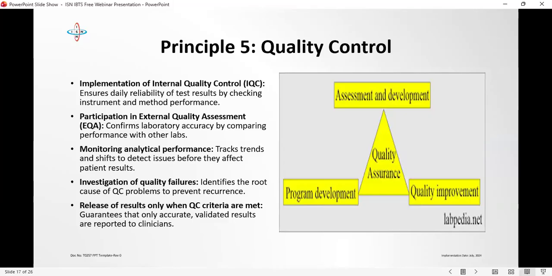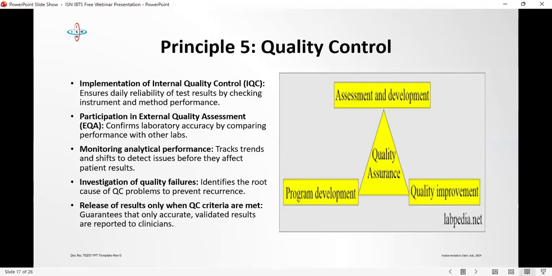Investigation of failures must be done, and you need to get to the root cause. Ask the question, why did this thing fail? Did I load a new reagent? Why is this person behaving in this manner? This is greater than 2SD, this staff behavior. You need to get to the root cause and solve the problem. And did you document it? It is not that you did a root cause. You need to also document and have a review meeting on these root causes that happen.